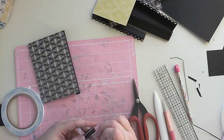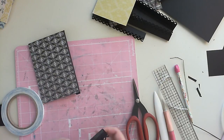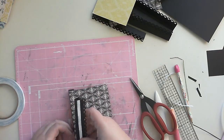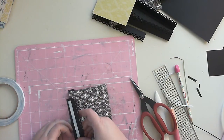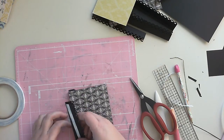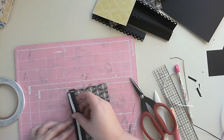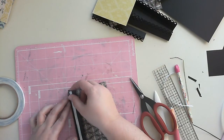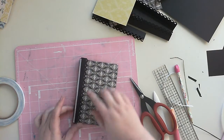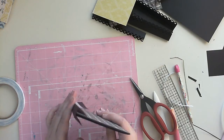Okay, so I applied the score tape directly to both sides, right down by the spine, or right down by the gusset. I'm going to take off one side, and then I'm going to fold it so that that's right at the edge. Then I'm going to apply this as close to the edge of what's going to be the spine of my book as I can,